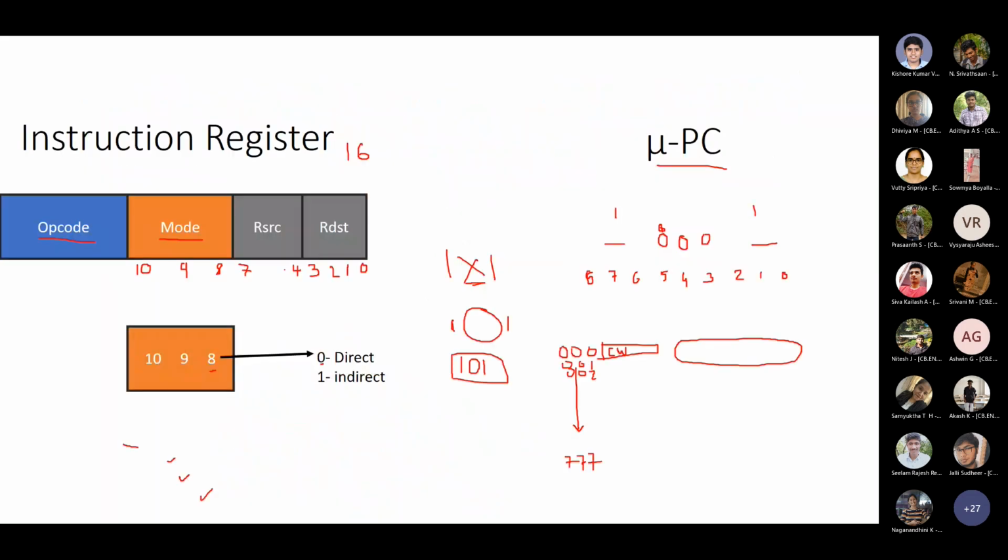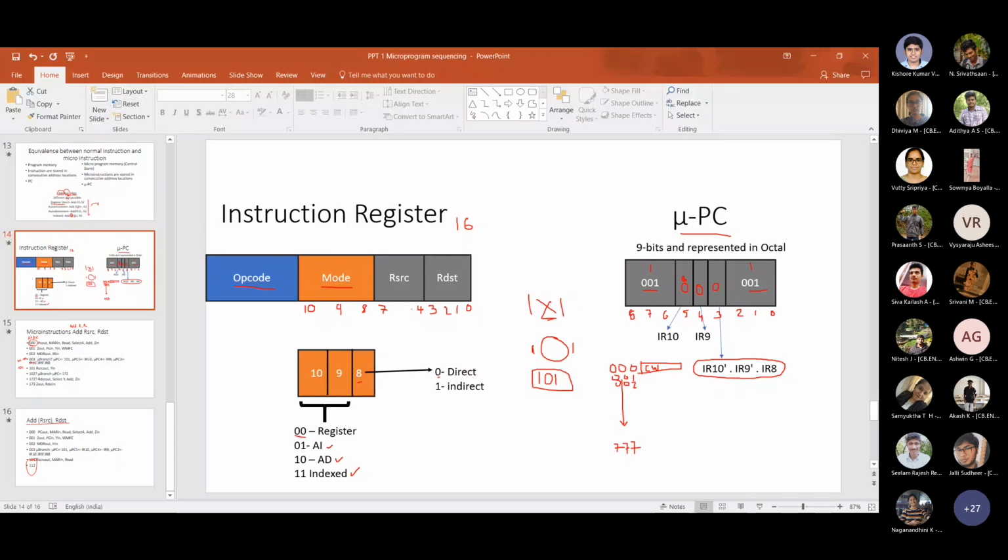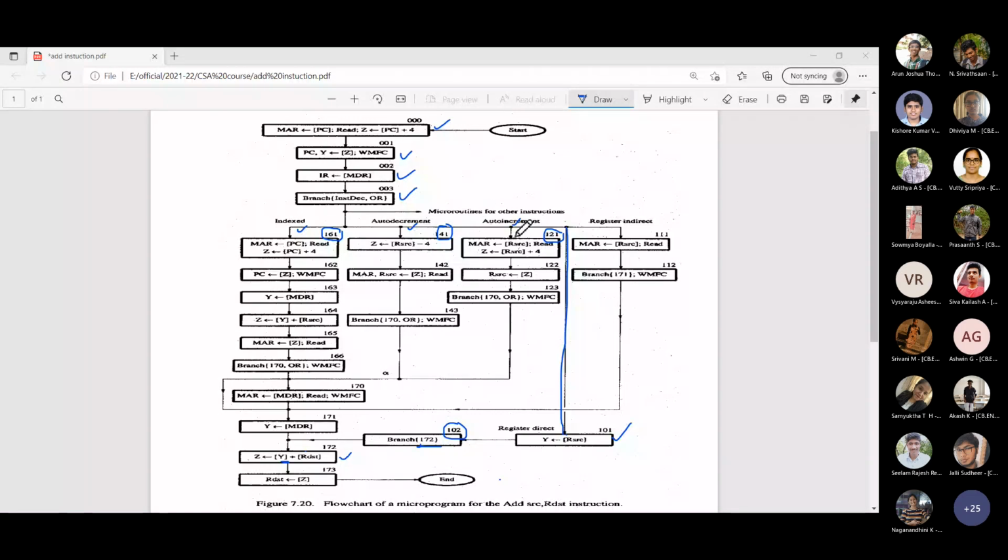Now you guys look at the PDF. I think I should share the PDF now. So wait a second, I'll share the PDF. I hope you guys can see. Now we will keep track of auto increment. Since it contains the address, R source out, MAR in, read, then by the time you increment the content of R1 register or the R source register. Is this okay?